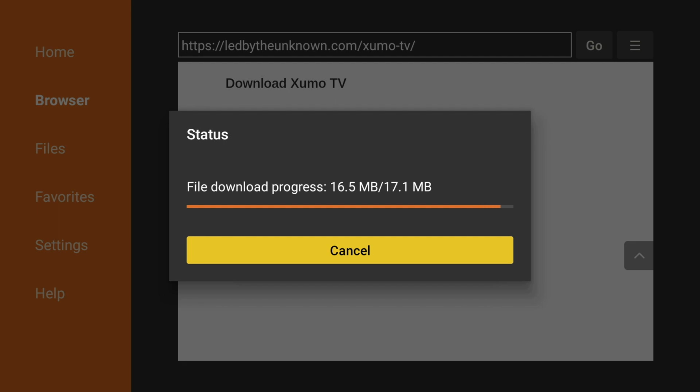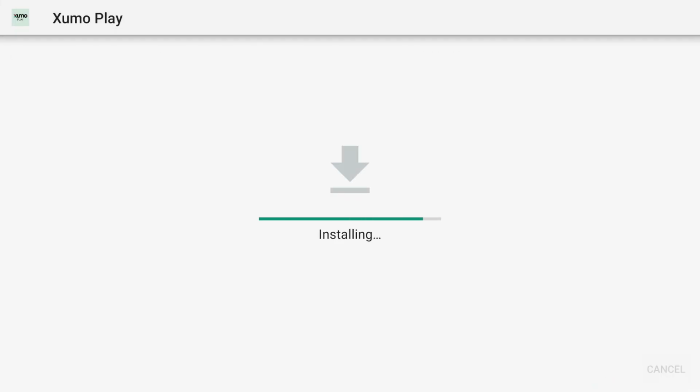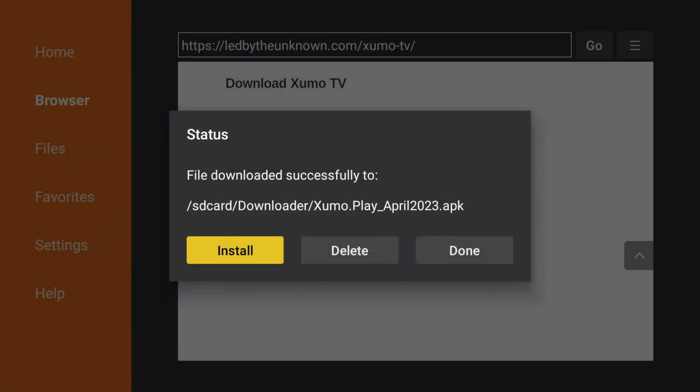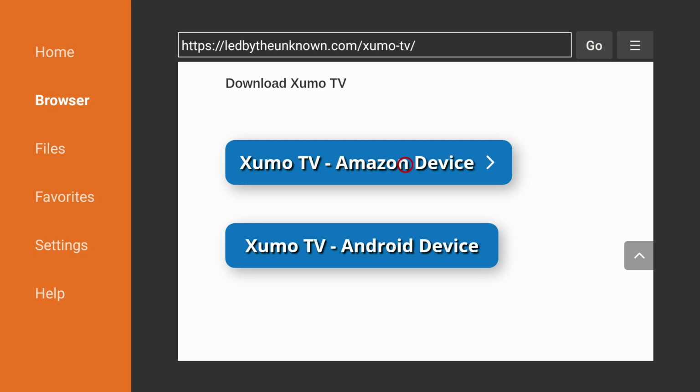So now that Zumo TV is downloaded onto our Fire Stick, it's going to ask us to install it. So we're just going to click yes, install down at the bottom right. And then once Zumo Play is installed, we can hit done. And then we can just delete the APK file, delete, and we're good to go. Now as you can see, it's ready to launch. So if we hit the back button,